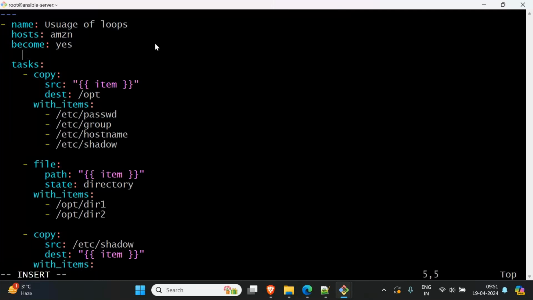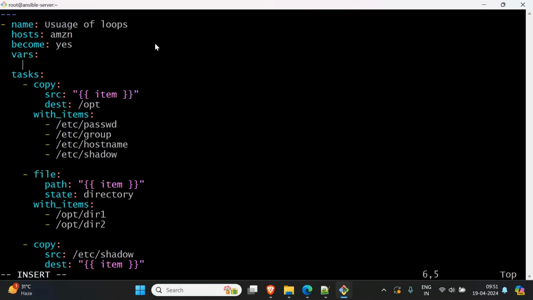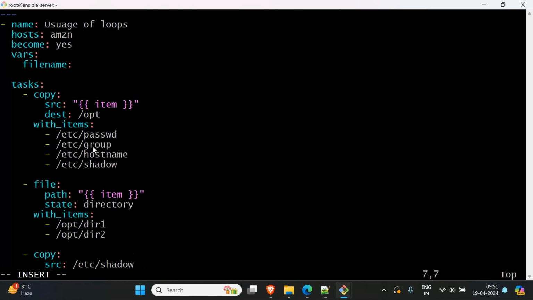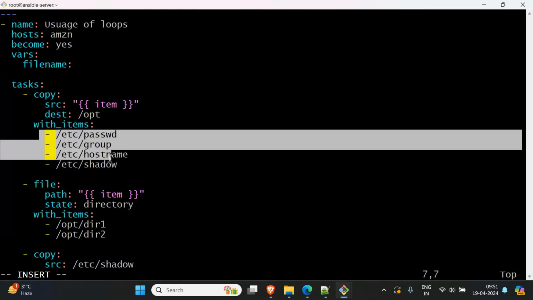Come down here, go to insert mode, and here I want variables, so the keyword vars we have to use. Suppose I want to use file names. These are the file names. For that, let me create a variable with a name. I will say file name, colon. It's a variable of type array, because we have 4 files, right? Copy them,